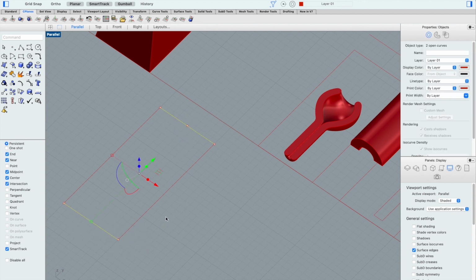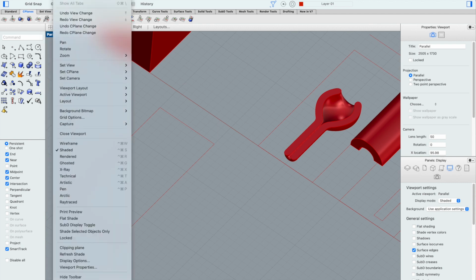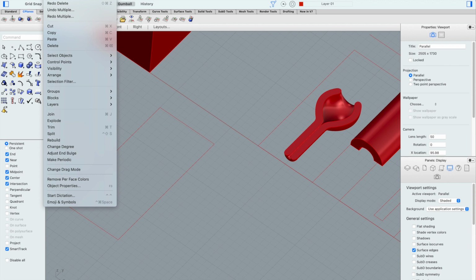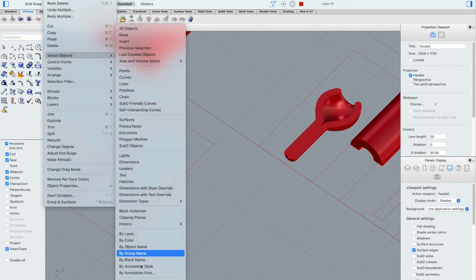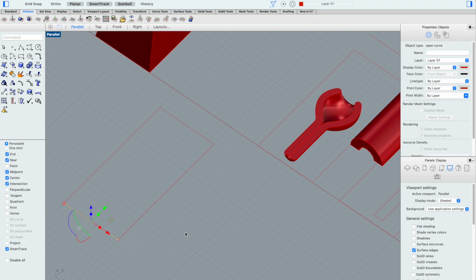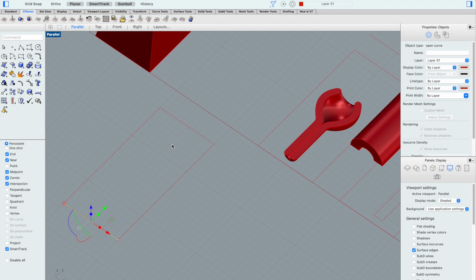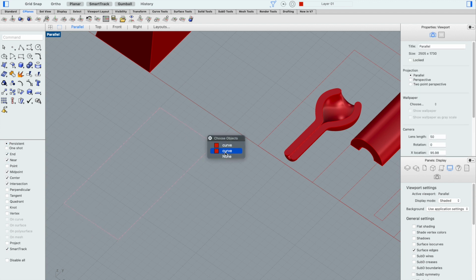Or if I undo those deletes, what I can also do is go to edit, and sometimes this works. Edit, and I can go to select objects, duplicate objects, and it will look for anything that I've got more than one of in one place. Now I think it actually didn't work this time. So sometimes it doesn't work. Good to know. So clicking around on these objects, I can delete this. I can delete